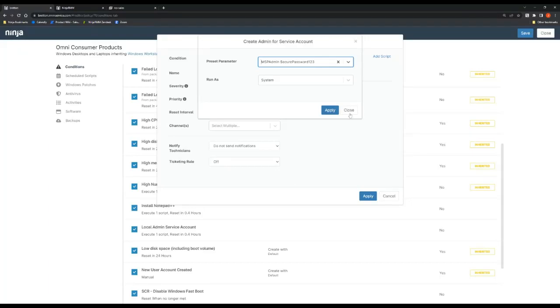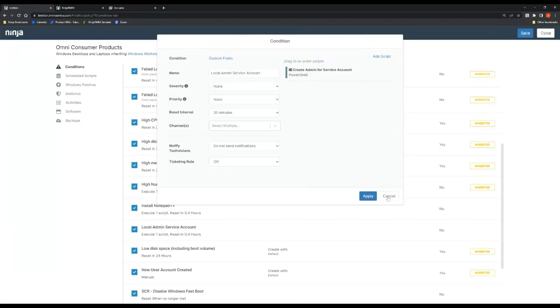Now, we've gone through 4 examples. Let's talk about the 5th and maybe the most important one, which is validation. How do we know that anything that we've been doing has actually been working? So I'm going to, again, close out of my policy section, and I'm going to go ahead and show you a little bit